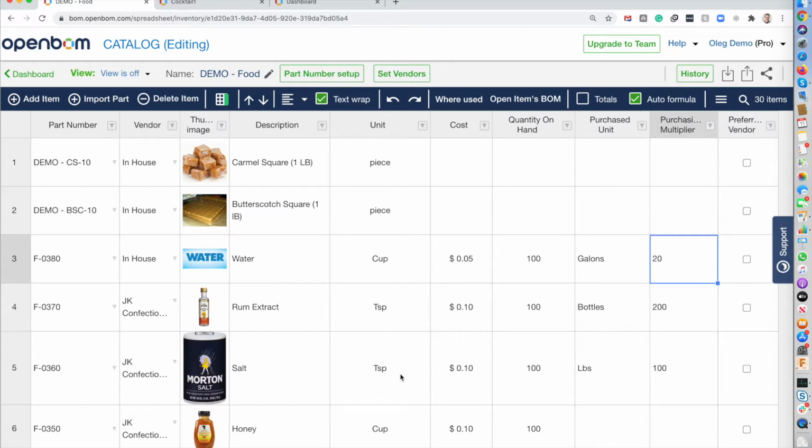these are the units of measure that you get in the bill of materials when you create a recipe for a cocktail. But at the same time, you need to order materials, and you order them in different units of measure. You buy in gallons or you buy in pounds. So how to create a bill of materials and purchase order in OpenBOM that will take into account these two